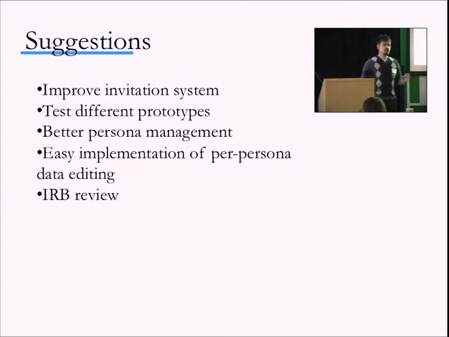Now the reason that we didn't get a lot of extra people from their peer groups, so the students were also invited to increase their peer group size by inviting their personal friends. A lot of students didn't do that because the invitation system was difficult for them to use. So if we can fix that, a lot of them said that they would be more than happy to invite more people to their peer group and increase their peer group, and in turn increase the amount of comments and ratings that they can receive and that they offer. They also want us to test different prototypes in the future of the usability of the toolbar. That way they can give us different comments.